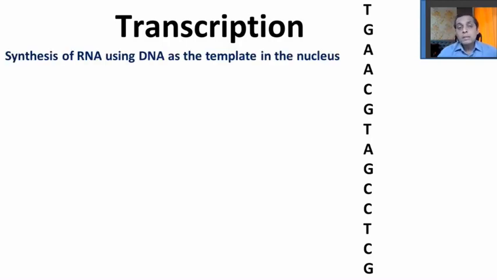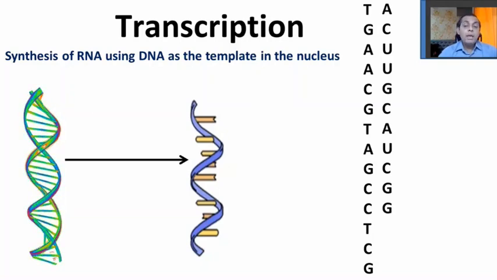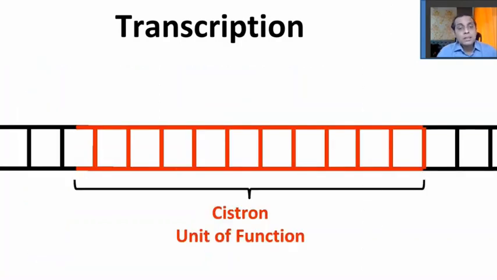So have a look at an example of how this DNA is going to make complementary strands of RNA. So T pairs with A, G pairs with C in RNA, opposite A is U, again G, C, A. So this is DNA making RNA. So this strand is going to be the RNA. Let's understand this process in much detail.